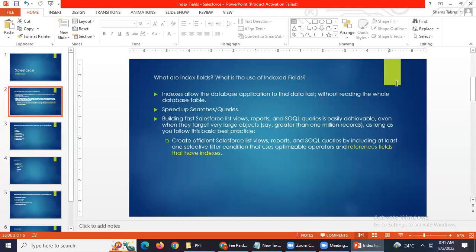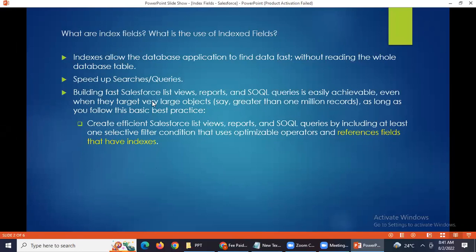Indexes allow the database application to find the data fast without reading the whole database table, and it will speed up our searches and queries, reduce our time, and improve the performance of the system. And the third point is building fast Salesforce list views, reports, and SQL